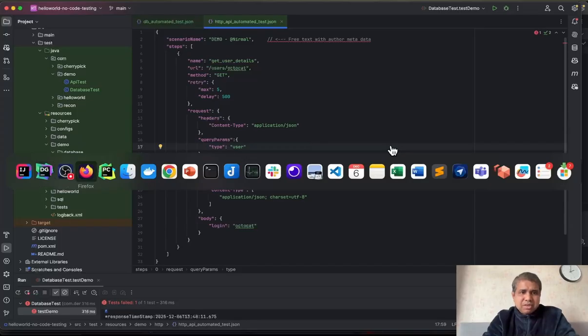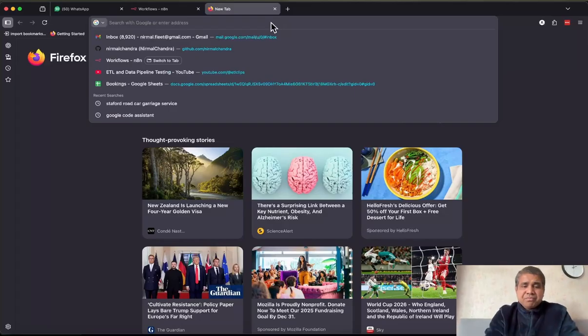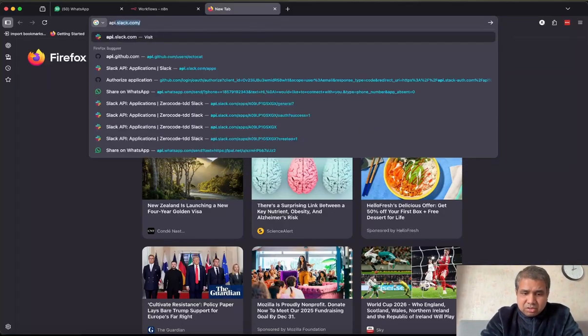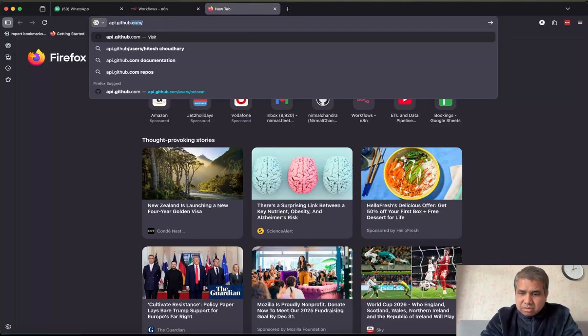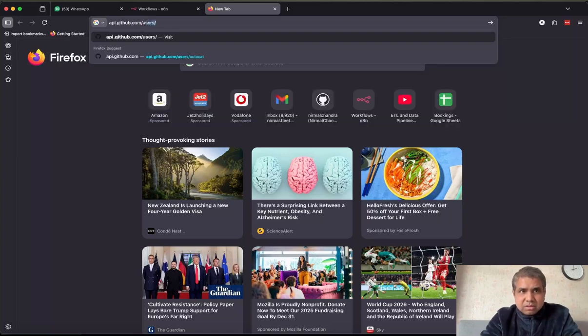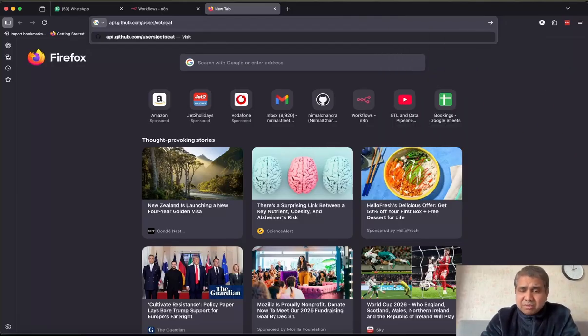What we are trying to execute here for the HTTP API, which is nothing but a REST API, is we are hitting an endpoint, api.github.com/users/AutoCAD. So this is the API which GitHub exposes. It's openly available. That's why we are using this API as a demo. Hit this,